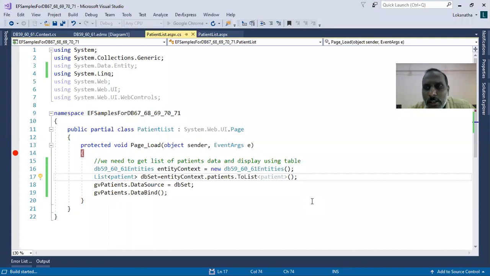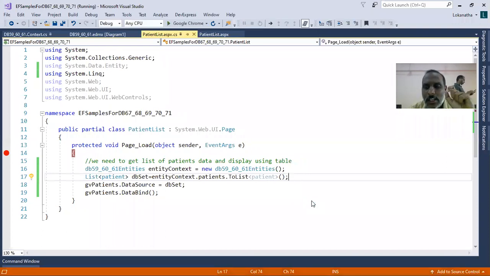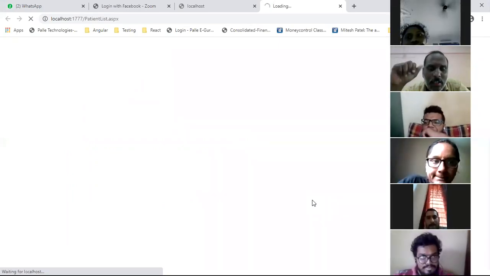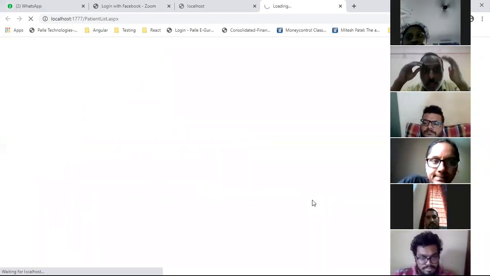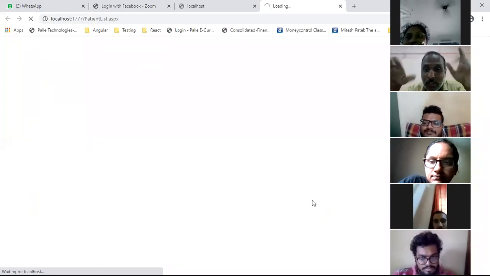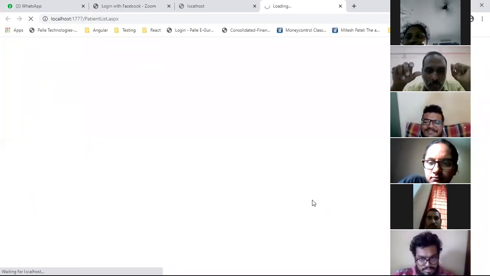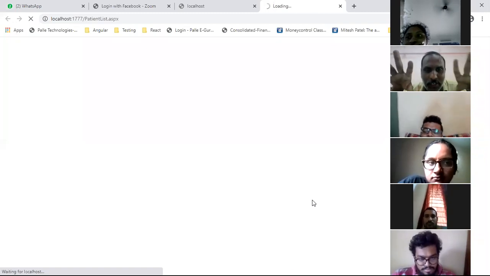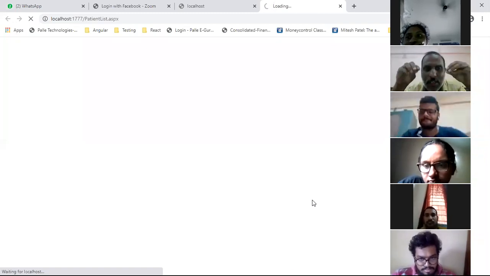Why will I not worry? Because whenever I get any kind of error, obviously I can search on the internet. I can take that error and directly post that error message on the internet. Google is there for us. So why worry? That is how I feel. Many people, when implementing real applications, will panic. Oh, I am getting an error, someone will come and kill me. No, nothing will happen. Whenever you get any kind of error, it is good only. It is actually a learning point.